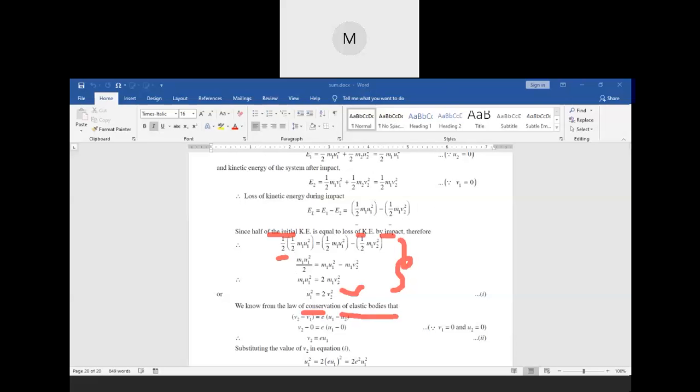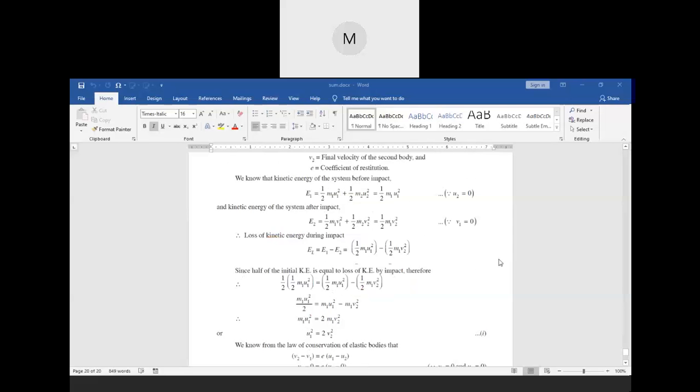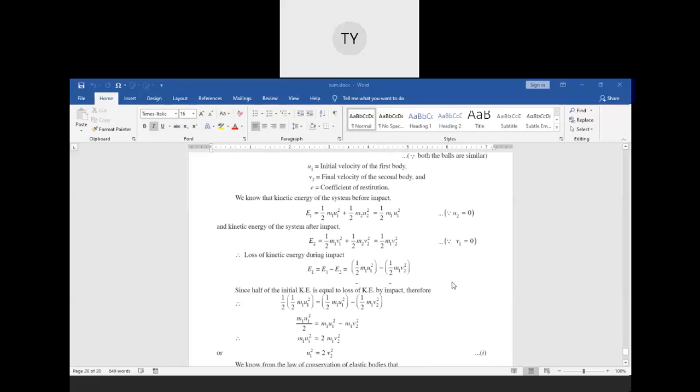Yeah, someone asked me a doubt. Can you please pick up? Sir, kinetic energy after the impact. Which part? The answer for kinetic energy after the impact has m1 v2 square given, but the value of v1 was 0, so it should be m2, no sir, in the answer m1 is written.